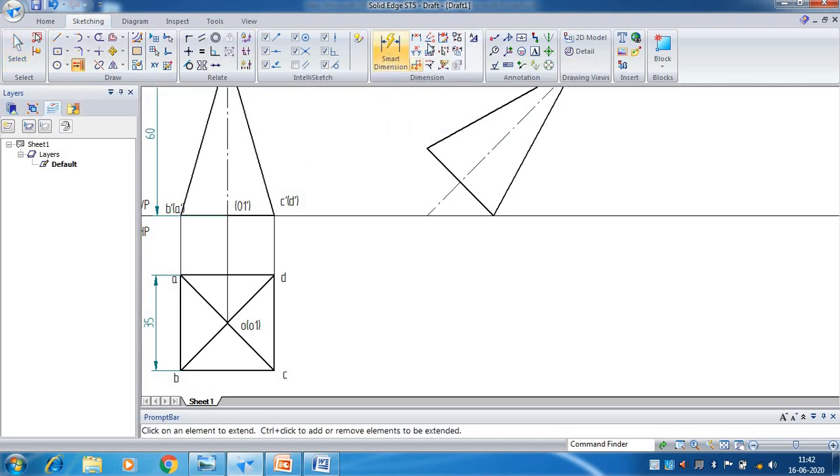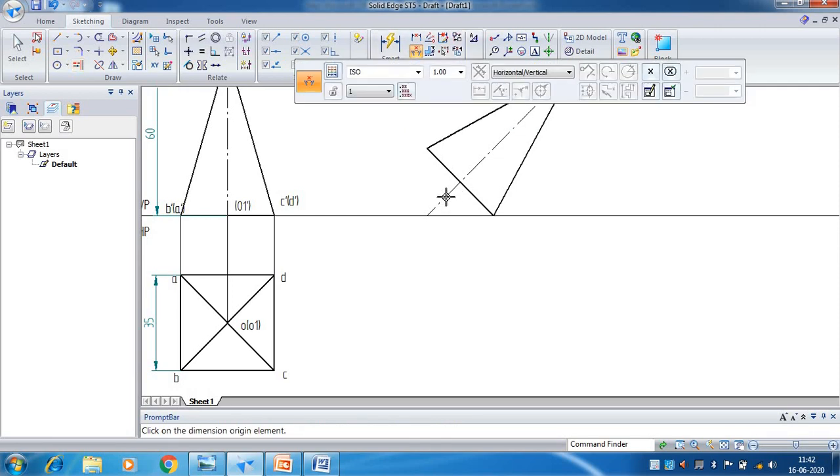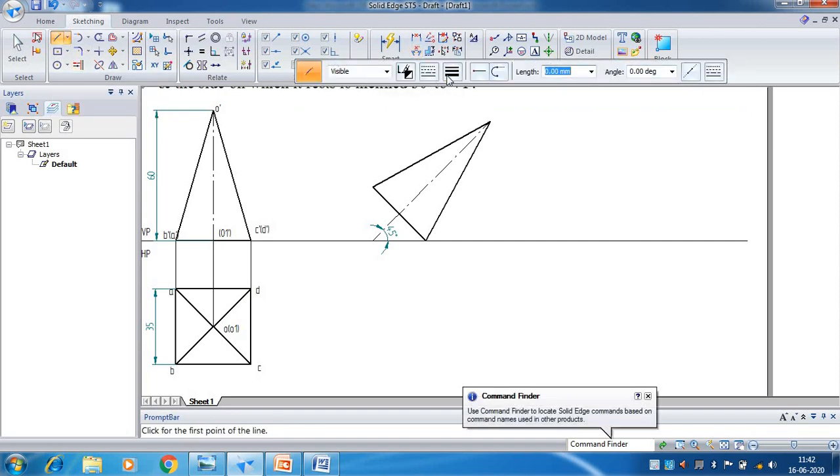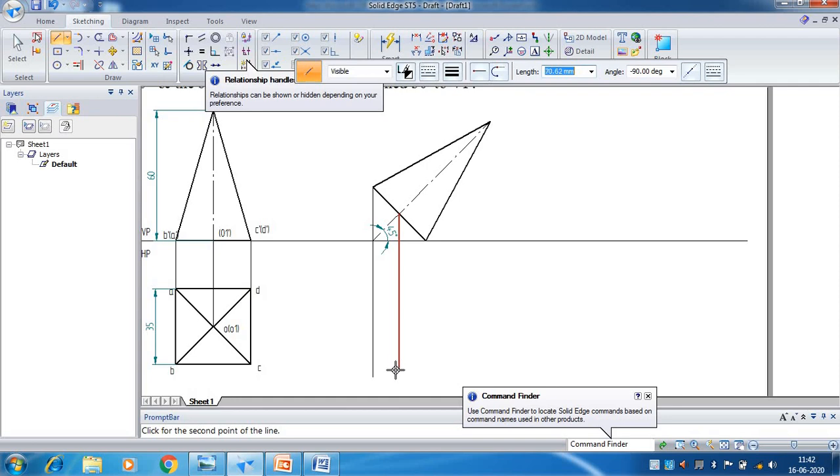Now if you measure the angle by using angle between command, it is 45 degree, which is the angle you were given for this axis line. After this you need to draw the projection lines. Line command, change the line thickness into 0.05 mm. From each corner or each end point you need to draw the projection line. While drawing these projection lines, try to draw in a single stretch and look for the end point symbol and vertical symbol.